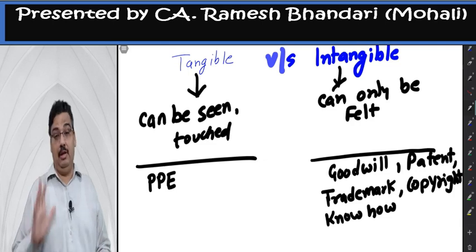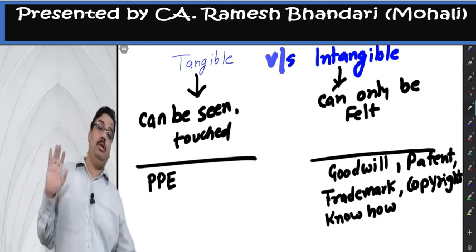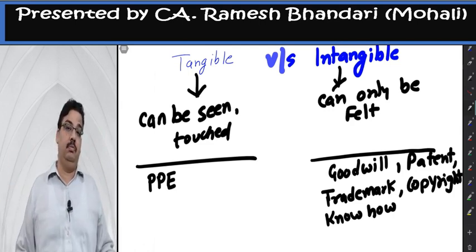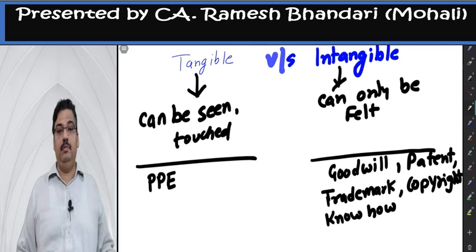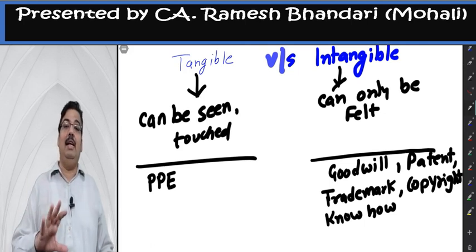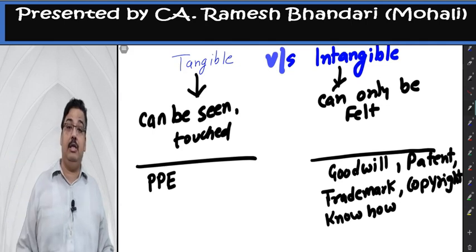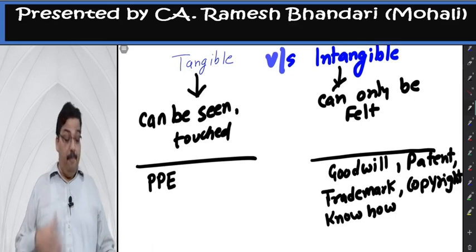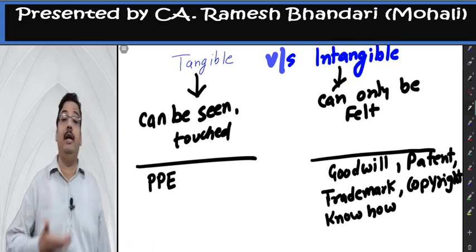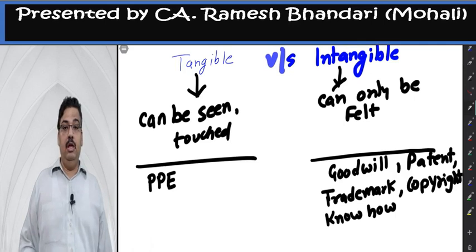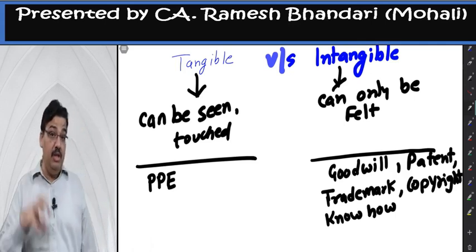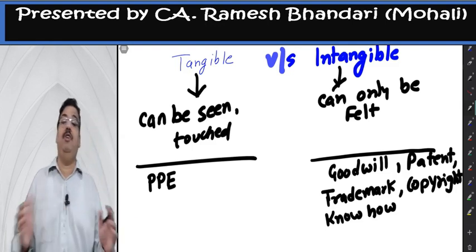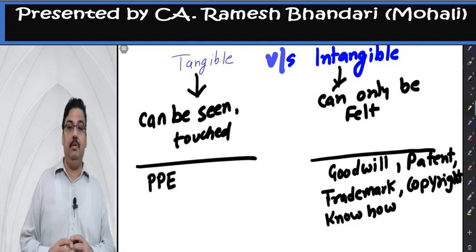Now what has been felt is that in traditional times, the majority of the entity's assets were tangible. Nowadays, 80-90% of the asset side of a few companies comprises intangible assets. So the importance of intangible assets is growing day by day. In IT companies and all, you will find a major part is in intangibles. So you need to have a clear classification, tangible versus intangible.